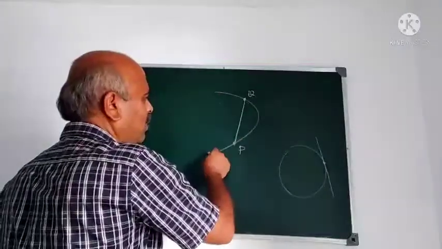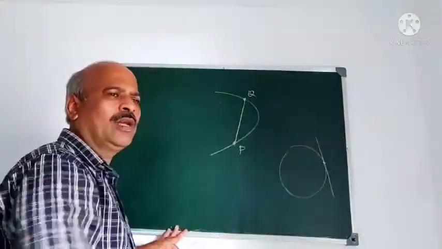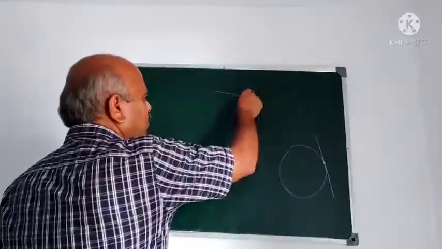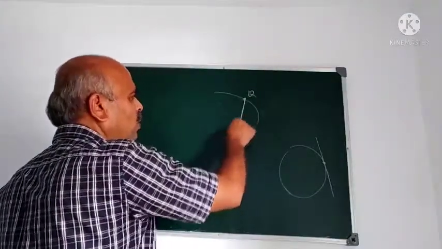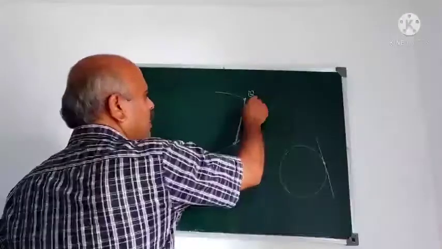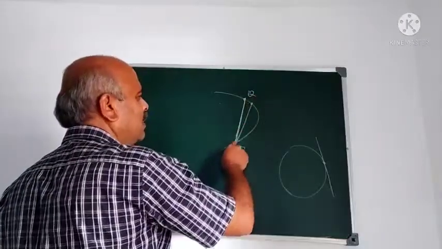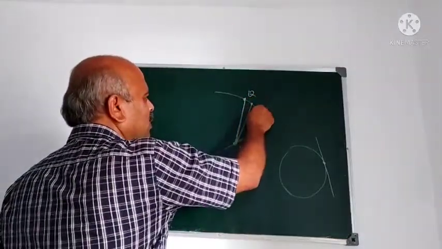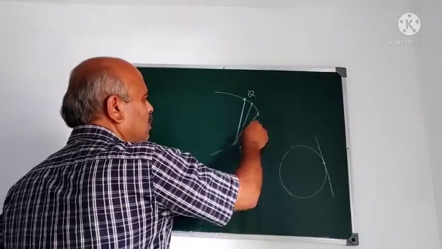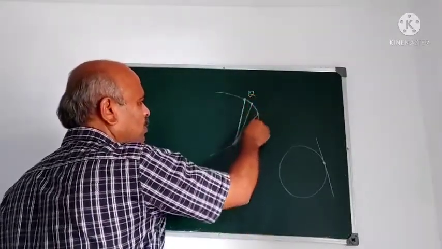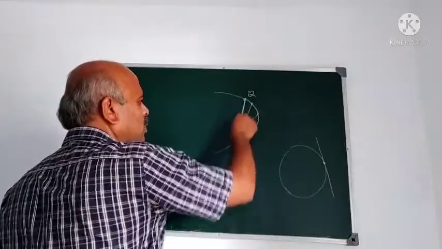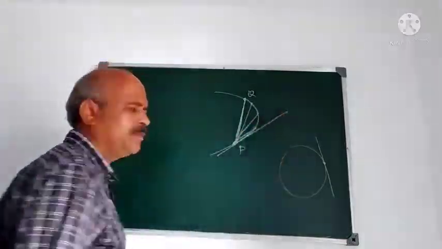Suppose this is any curve, any conic section, not only a parabola, it may be a hyperbola also, one branch of the hyperbola. Suppose PQ is a chord joining 2 points. Then suppose Q is here, this becomes the chord. That means when Q approaches P along the curve, this chord becomes the tangent.